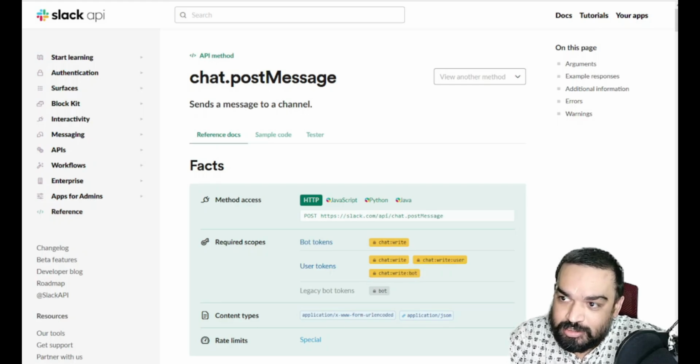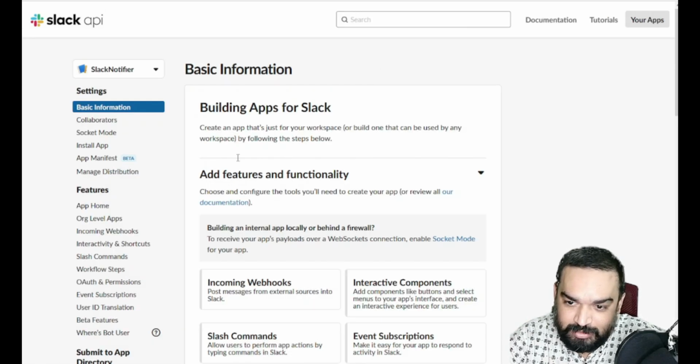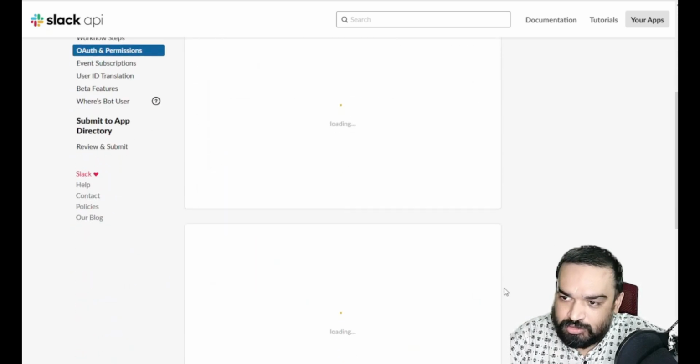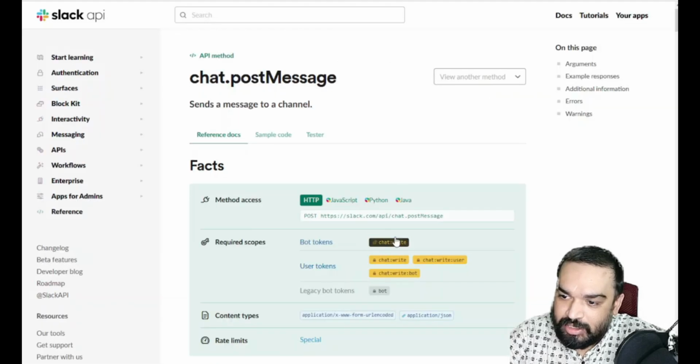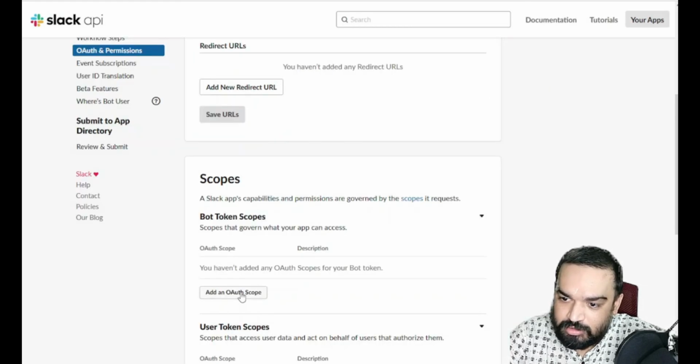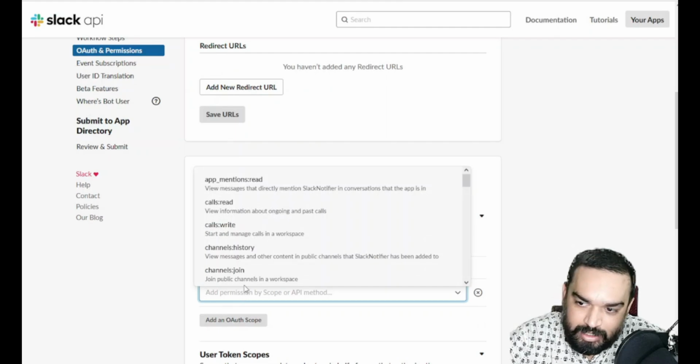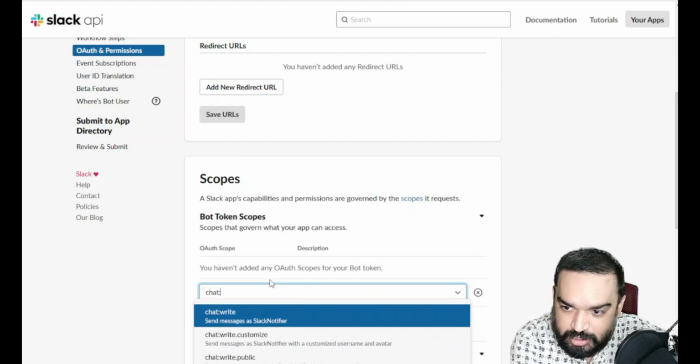So we'll head back to the page we were in, then go to auth and permissions on the left, and here just scroll down. You should see bot tokens and user tokens, where you can add the scopes. So in bot token scope, we need chat:write as the scope that we need. So what I'm going to do is add it and say chat:write.